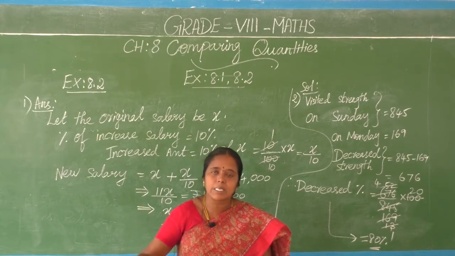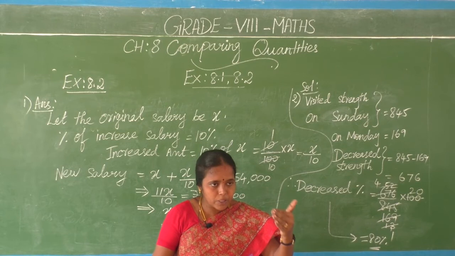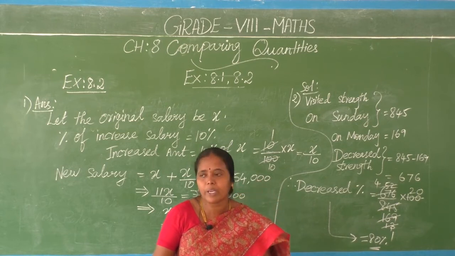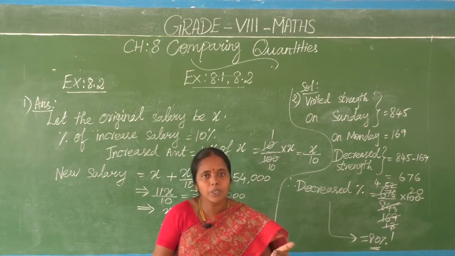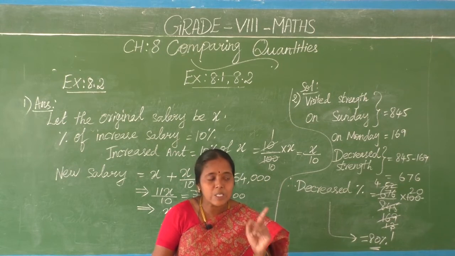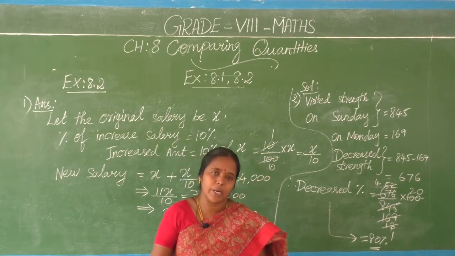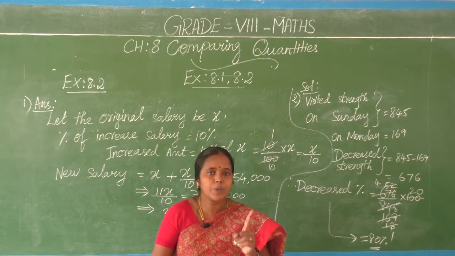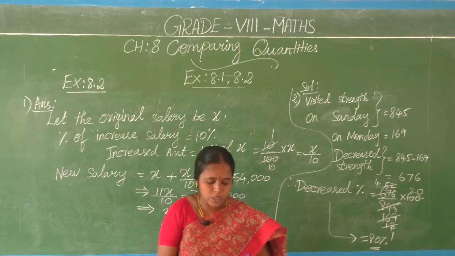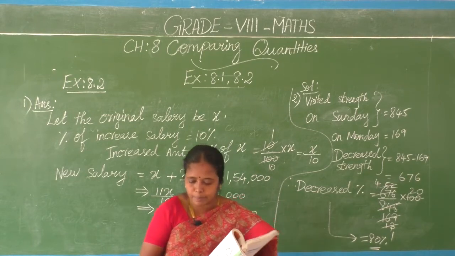So step by step we have to come. Based on the profit percentage, we have to find the profit amount. Knowing the profit amount, we find the SP of 80 articles, and then the SP of one article. See slowly how we are going to do it step by step. Just watch.